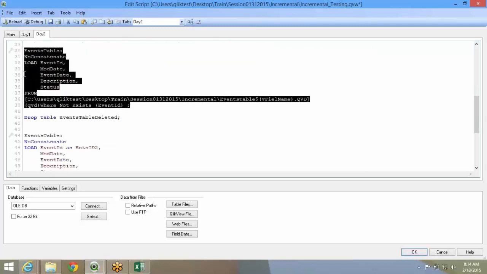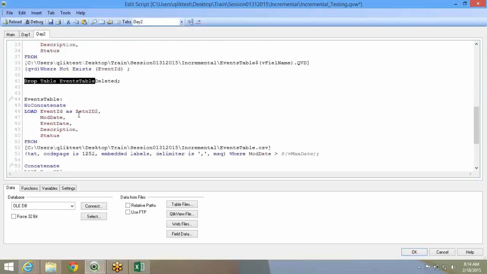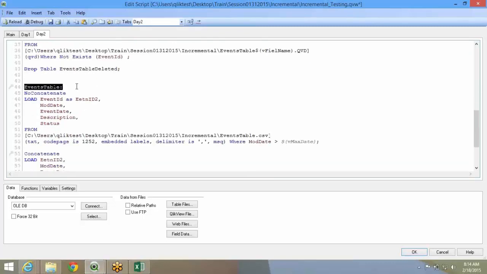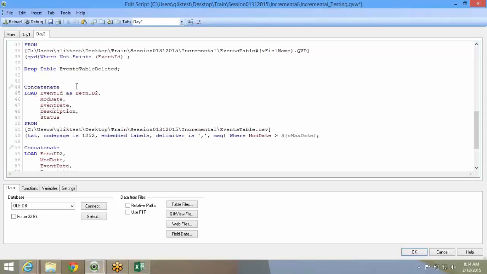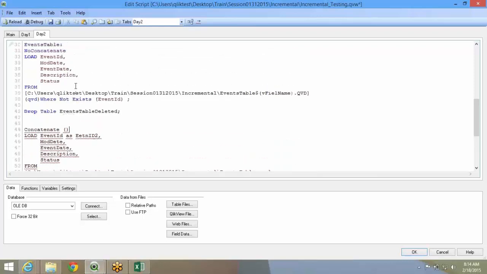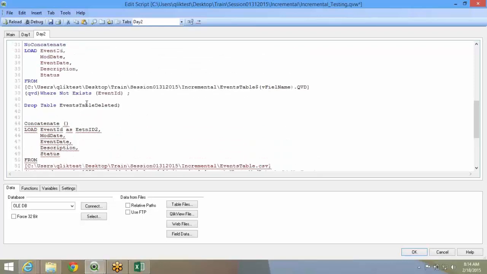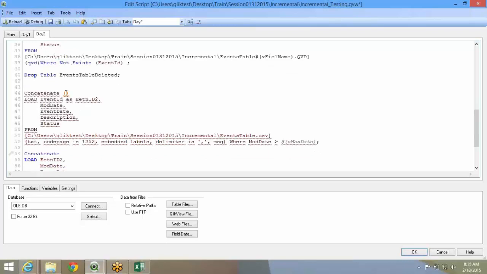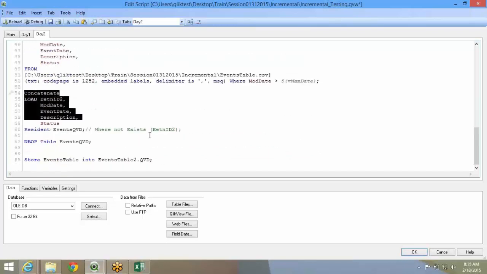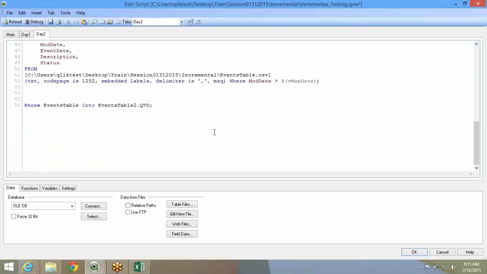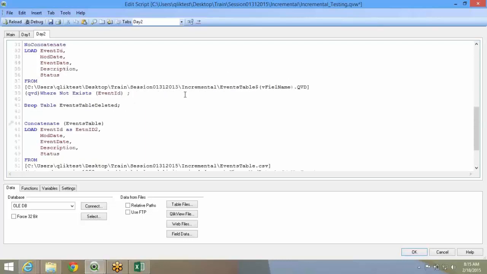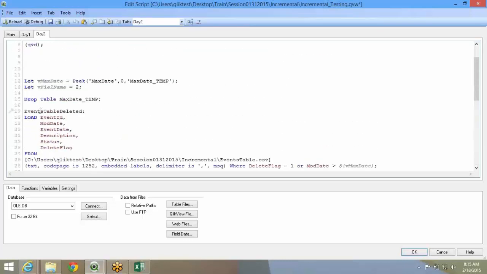So only those records I'm getting from the existing QED. Now in the third event, what I'll do is bring in the table over here from the database, and again I'm just going to bring the updated records and concatenate it to the events table. Okay, sorry, I think I should have done this earlier on. Then I don't need this step. I don't need this step actually. So there are only 3 steps now.